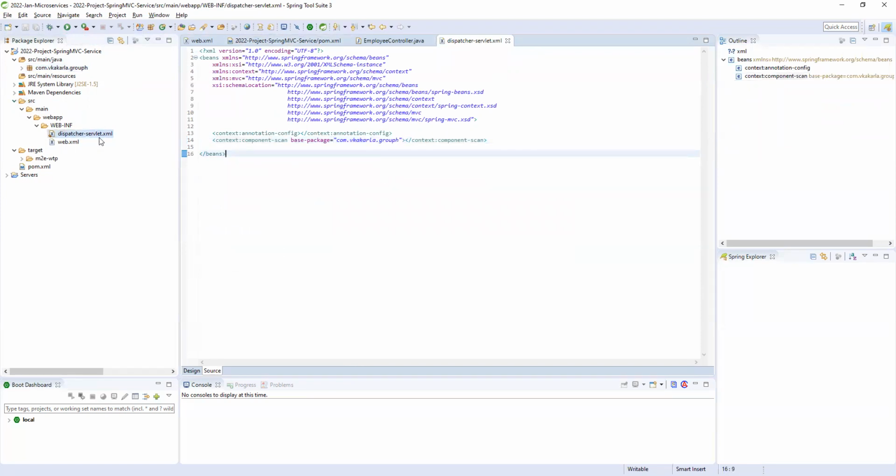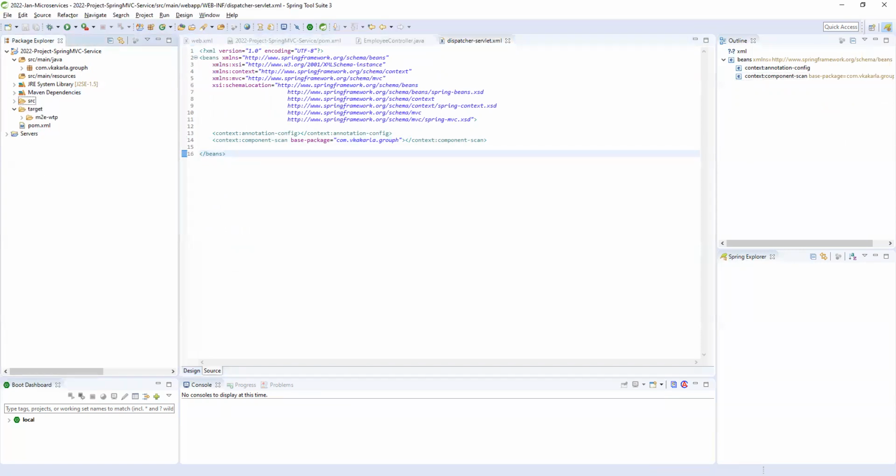Fine. So now we need to load a server here. How can we configure an external server into our application? You need to download your Tomcat server. Let me share my folder structure also.